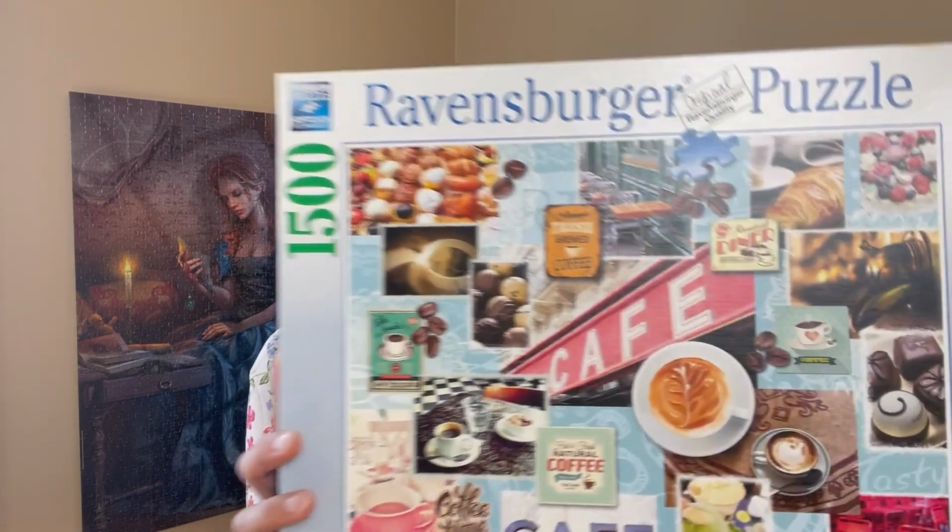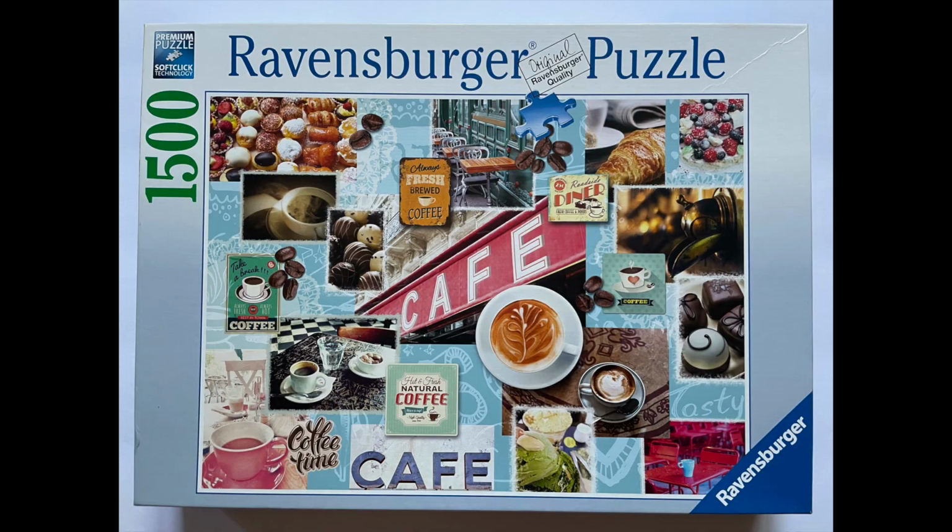I go to eBay in order to find that rare discontinued puzzle that I can't find in my neck of the woods. So I'm going to share with you some of the eBay finds that I have picked up over the last few years, and then give you a little bit of tips if you're planning to buy a puzzle on eBay. So one of my first eBay purchases for this year, 2023, was this puzzle here, a 1,500 piece puzzle,